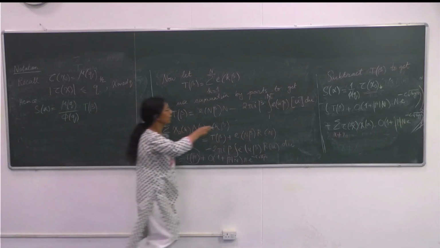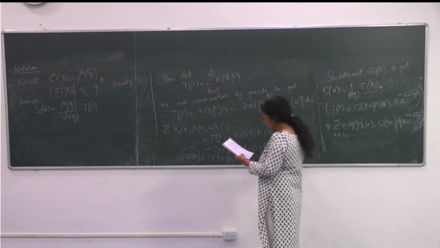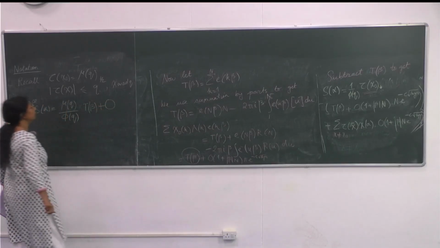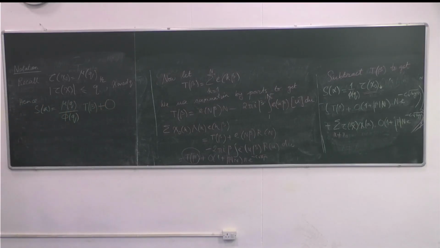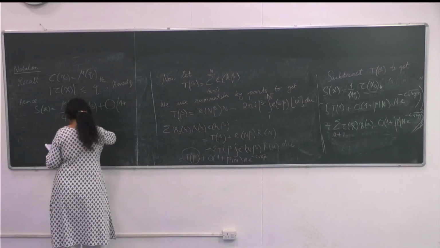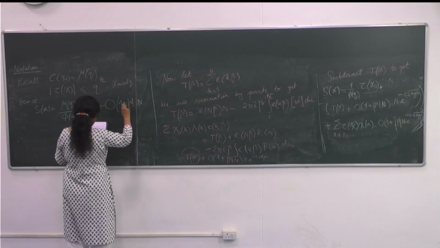You agree with me? This T of beta comes back, and the rest of the things we will send into the error, which is 1 plus beta n,